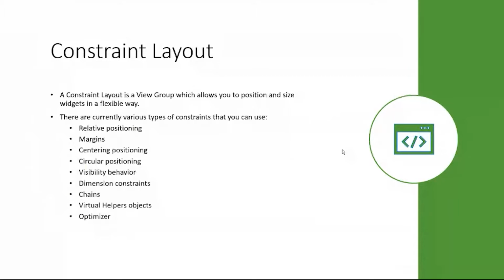So, what does a constraint layout mean? A constraint layout is a view group which allows you to position and size widgets in a flexible way. That means whenever you add any widget into your app, be it a text view, button, or an image, or whatever you add into your app, constraint layout lets you design it, position it, and size it in a much